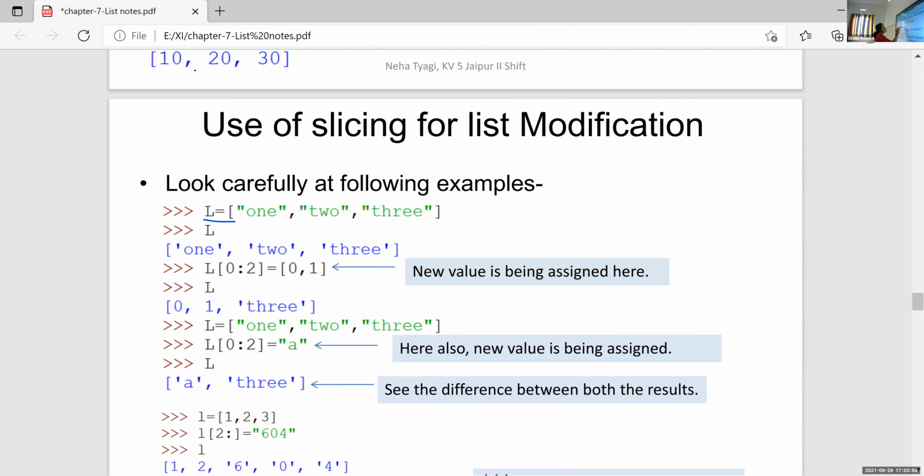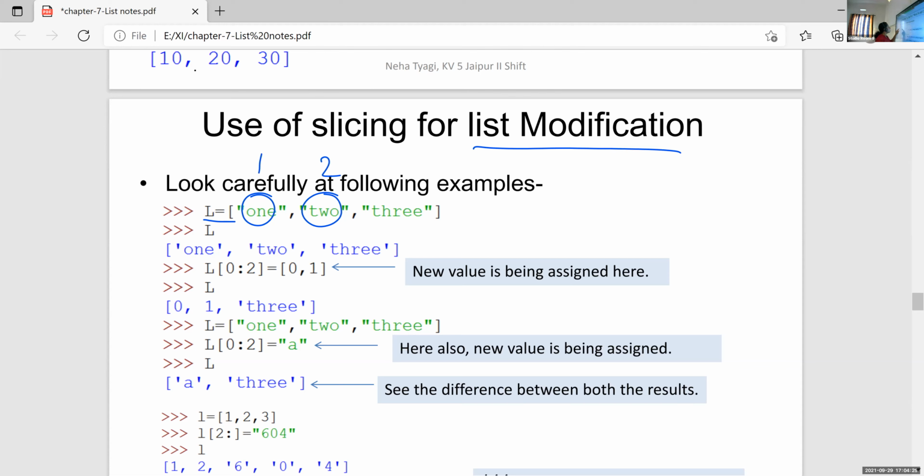Within this list, I am using 3 values, that is 1, 2, 3. Then I want to update this 1 and 2 with new values. That is list modification. Instead of 1, I want to place digit 1, and instead of 2, I want to place digit 2. How is it possible? Just look here.